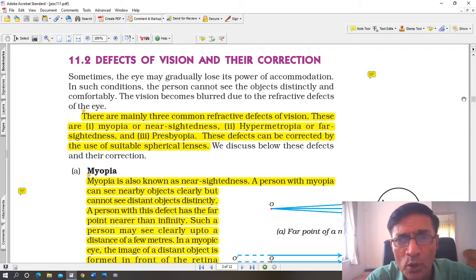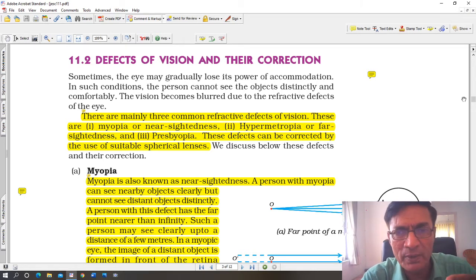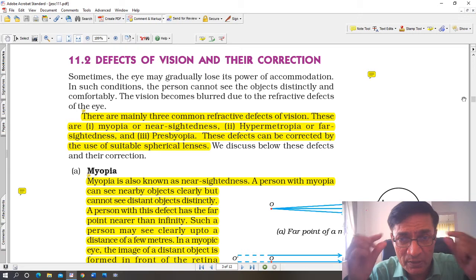You see, as we grow older, the eye begins to lose its power of accommodation and its ability to focus at a distance and near at the same time. So what happens is a few refractive errors begin to creep up, or what is called defects of the eye begin to start occurring in humans as we grow older. Now unfortunately, these days the refractive errors of vision are seen even in young children as old as 3, 4 and 5 years old. I have seen 3 or 4 years old wearing spectacles.